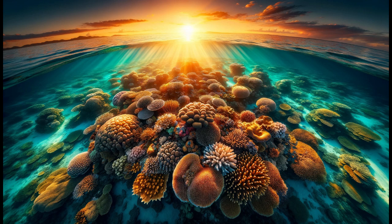Gently, the warm Australian sun rises, casting its golden glow over the reef. The light penetrates the clear, shallow waters, enhancing the brilliant colors of the coral gardens that flourish below. These corals, though they appear as mere rocks, are vibrant, living creatures, hosting thousands of species in a delicate balance